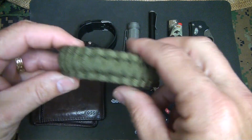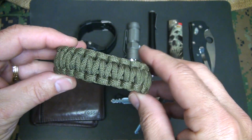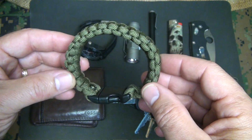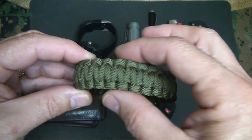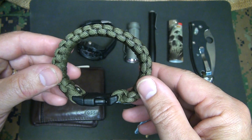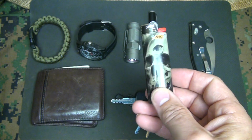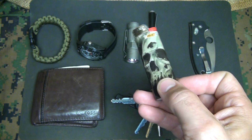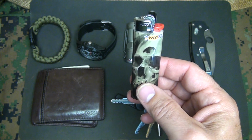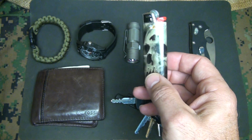Along with that, I do have a paracord bracelet that I keep with me, and one of the things about paracord is this one is one of the CRKT paracord bracelets, and it does have a saw inside. So I really like the dual purpose of the paracord bracelet. I carry a lighter because fire is important. Sometimes I goof around with cigars, but that's not the reason why I carry my lighter. A lighter is a wonderful survival tool and something that's very needed in a bad situation, being able to create